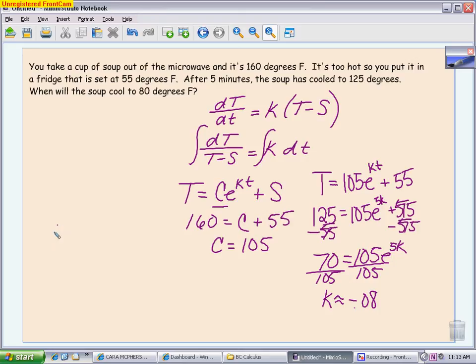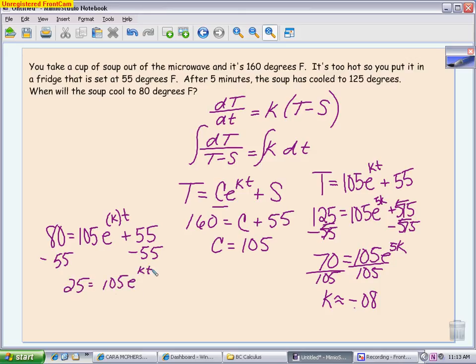Well, that means I need my temperature to be 80. My C value, as I said, is 105. E to the, now I know what K is, but I usually just kind of write it like this, saying I already figured it out. I'm not going to rewrite it. T plus 55. Subtract 55. Then I have my 25 equals 105 e to the kt. Divide by 105, take the natural log of both sides, divide by the K value that I stored in my calculator all along, and what I find out is it takes about